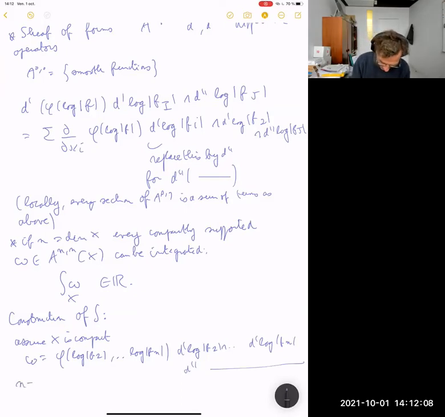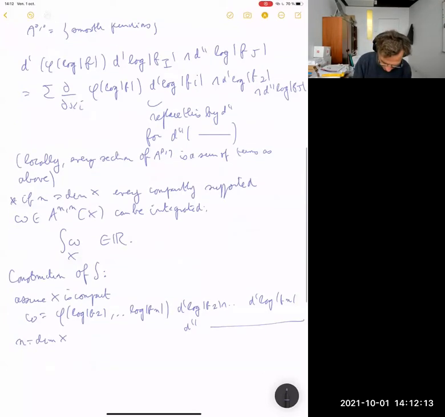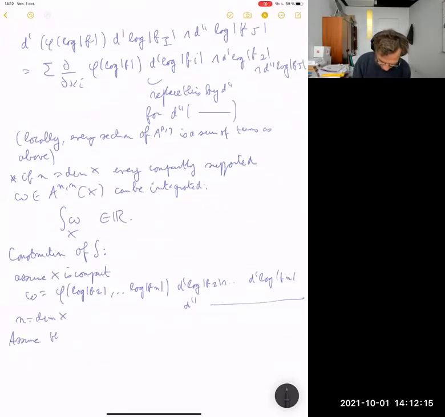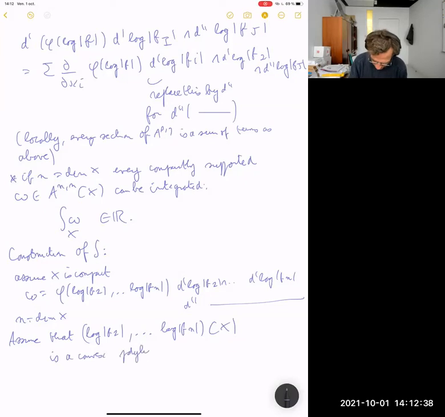And where n equals d mix, I assume this, and I also assume that when I look at this map, log absolute value of f1, log absolute value of fn, and I apply it to x, the general theory says that this is a polyhedron with rational slopes and so on, but I assume that this is a convex cell, a convex polyhedron, say P, and that